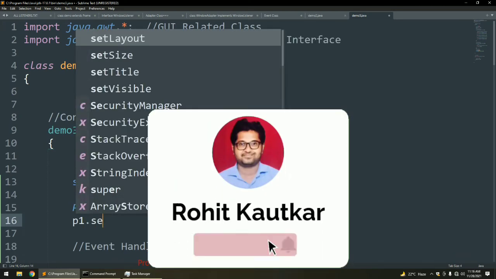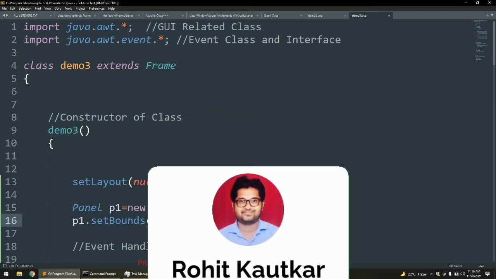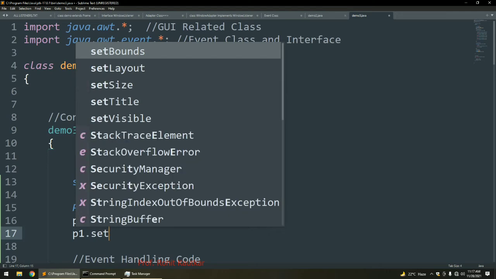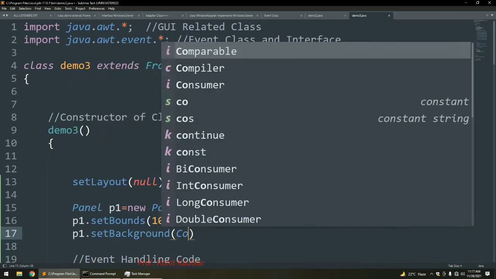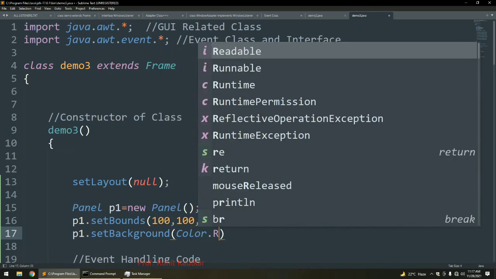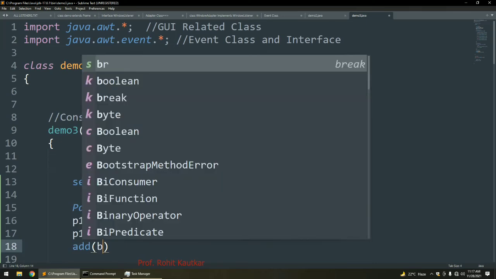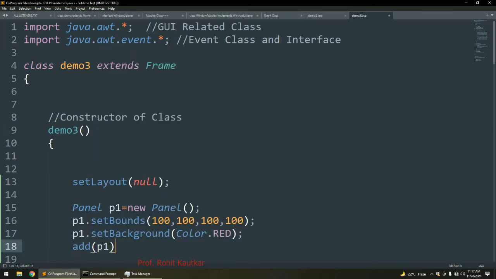So p1.setBounds, and I will write the XY position, width and height. And I will set its color: p1.setBackground(Color.red), and we will add this panel to our frame.